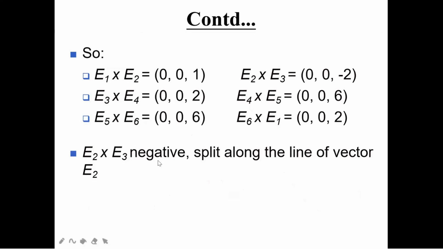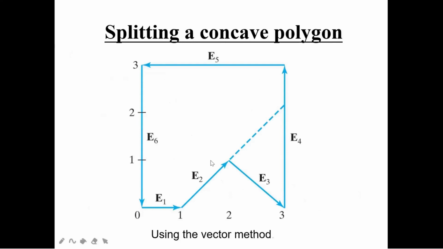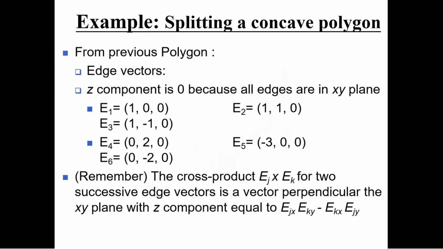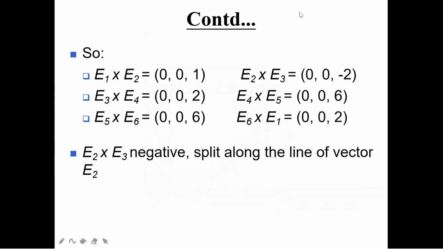Wherever a value comes out negative, that is where you are going to split along the line. You can see the cross product of E2 and E3 became negative. That's the reason you are going to split the polygon here. So you have to do the cross product using these values, and if any component is negative, as I'll highlight, the E2 and E3 values you got as negative after the cross multiplication, then as it is negative, you split along the line vector. That is the way of doing it.